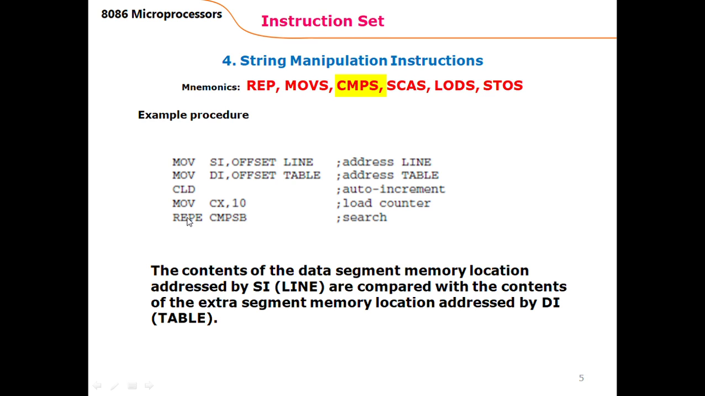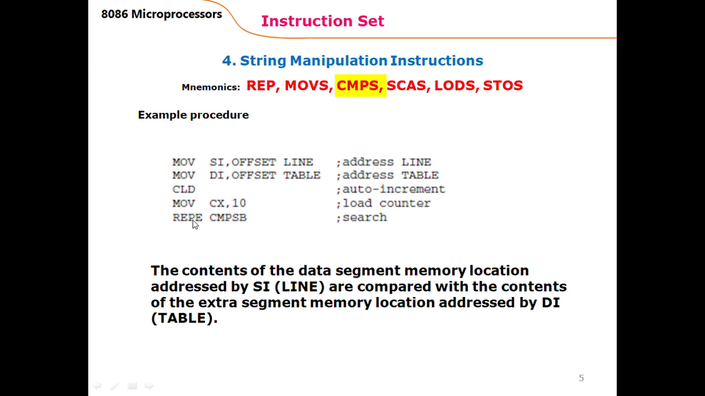And there is a repeat prefix is also used, and this repeat prefix is repeat while equal compare string byte. So what this compare string byte would do, that it would compare a byte from the data segment memory location addressed by SI with a byte in the extra segment memory location addressed by DI. And if the two bytes are equal,